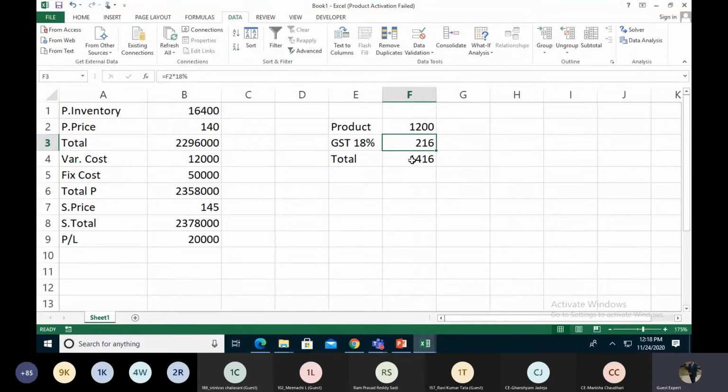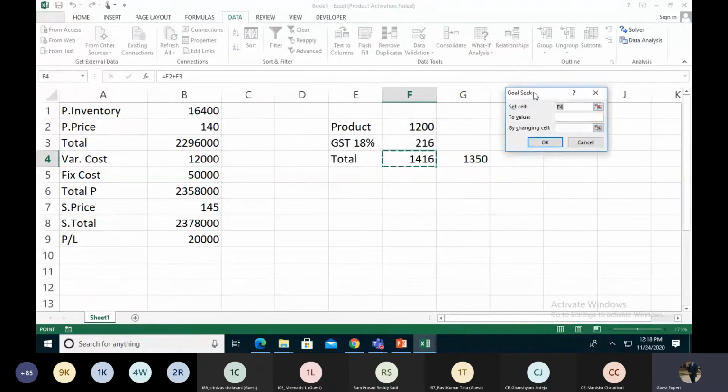But right now I'm not ready to pay 1416. If I want to pay 1350, what is my base value? So this time we are also using Goal Seek. We go to What-If Analysis, Goal Seek. This is 1416, so we change the value to 1350. In this 1350, which value do we have to change?